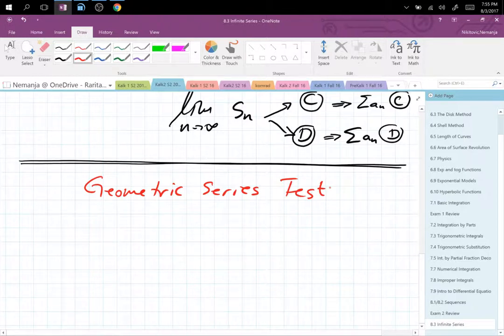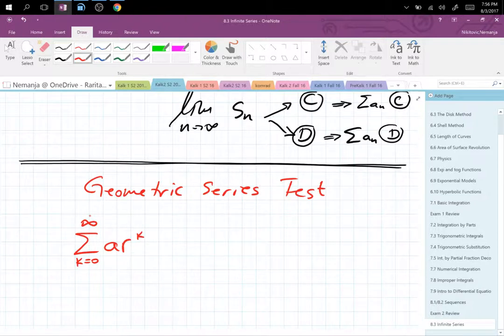Now, this is the stuff that you are memorizing. You are memorizing the form of the problem and the conclusion of the problem. So the form of the problem is, if it looks like this, it's geometric series. And then